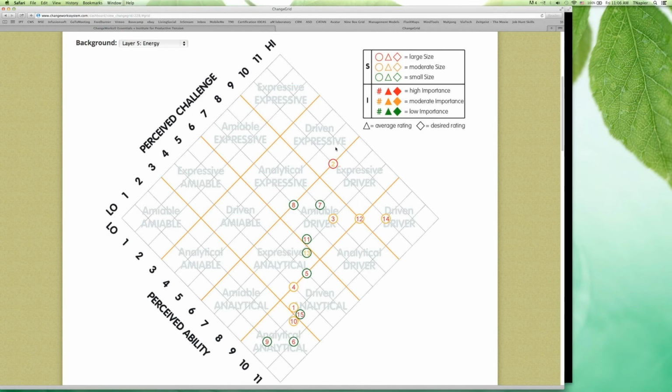The ChangeGrid, again, is not a personality typing tool. Please don't ever confuse it with one, and don't let anyone get confused with it. Do not put the ChangeGrid in the same bucket as psychometric tools, because that's not what this is really all about. The ChangeGrid is a tool that allows us to focus on specific activities the client chooses, and it reflects what's going on in their head around that.